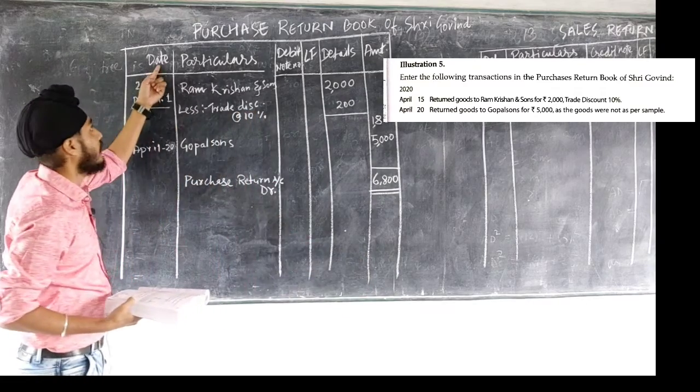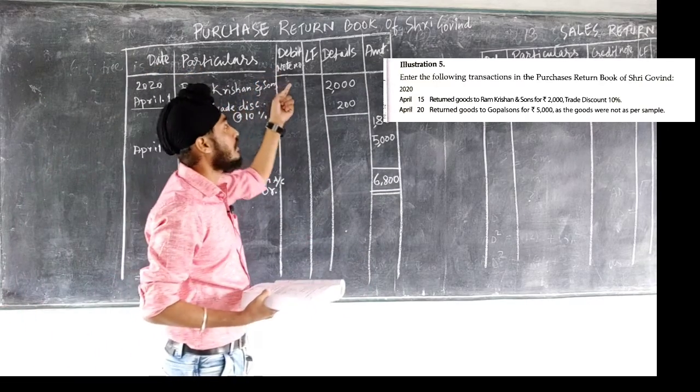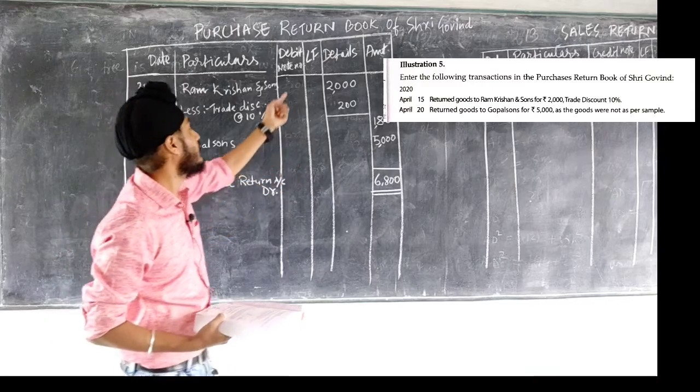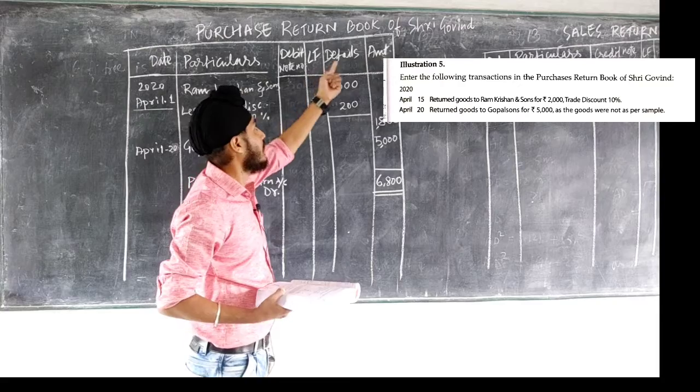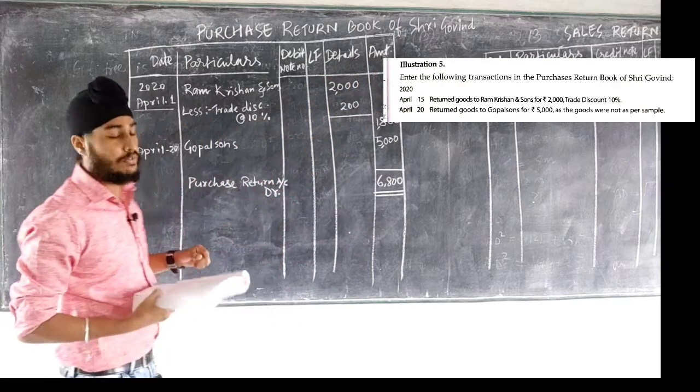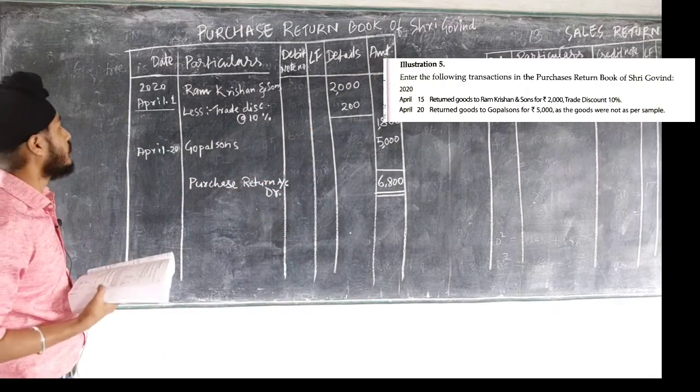So the format will be date, particulars, debit note. You need not write anything in this debit note column, just for format you have to make it. Then LF, details, amount. So this will be the format of purchase return book. So the question is